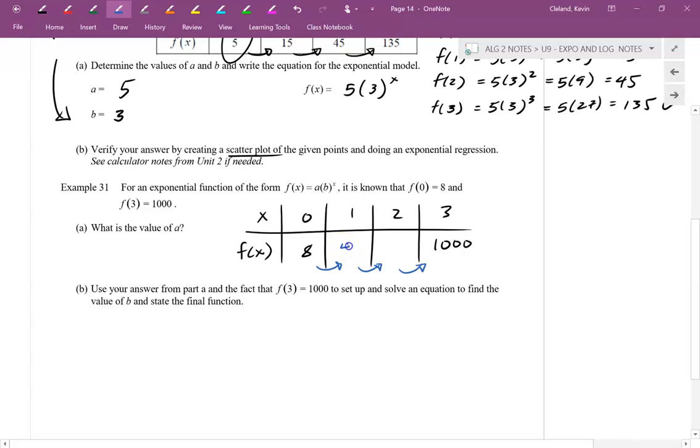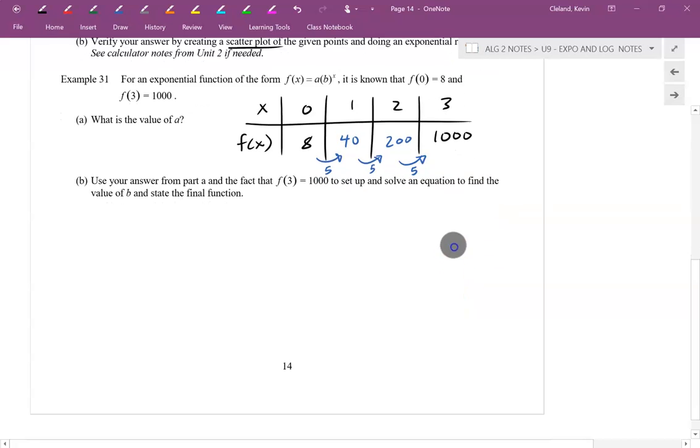So if you multiply 8 times 5, you get 40. And then you multiply by 5 again, and you get 200. And then you multiply by 5 one more time, you're going to get 1,000. So we basically have everything we need, because remember, this is our A value and this is our B value. And we can literally just put them together now. And spoiler alert, our final answer is going to be,